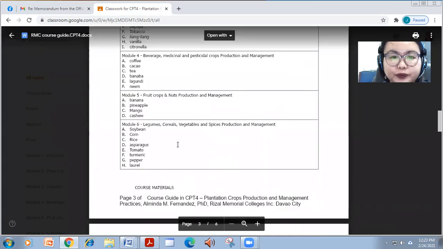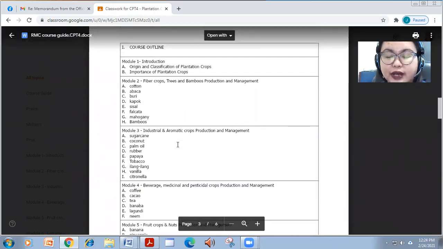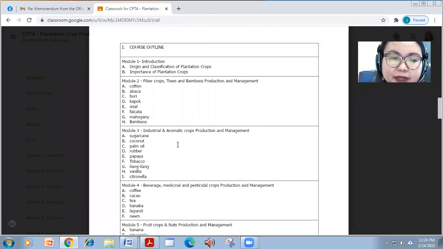You have experienced fundamentals of crop science, wherein you learned the basic requirements for writing a technical report.